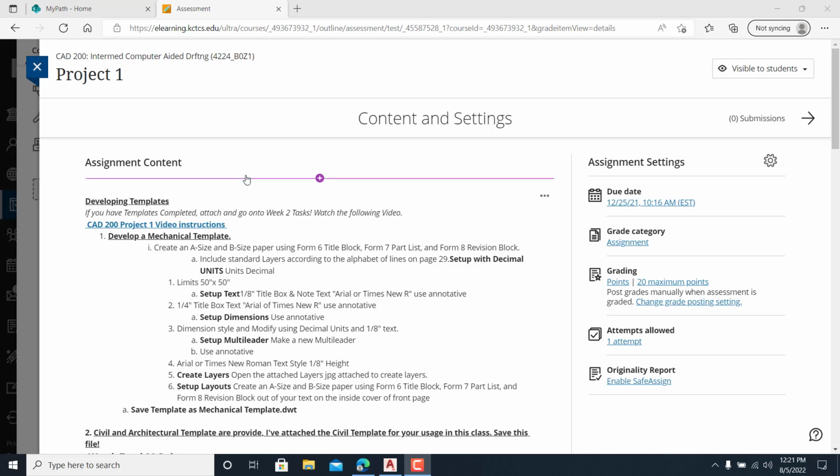Hello everyone, and welcome of course to CAD 200. This is the first project that we're getting into, and a lot of you folks already have this under your belt. This is going to be creating a template. Now, you did this work in CAD 100 because it's a prerequisite for CAD 200, so you probably already got